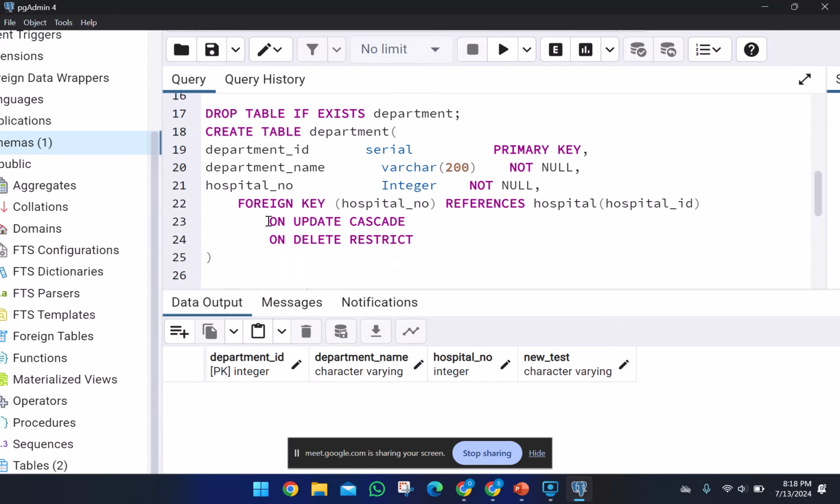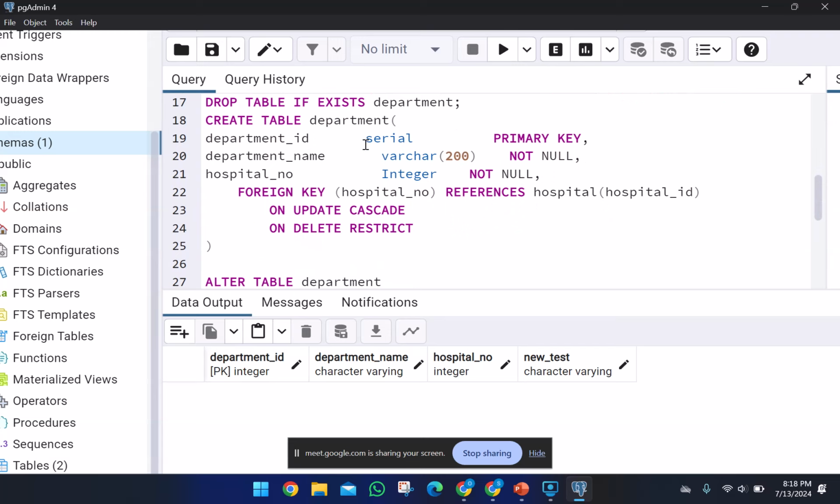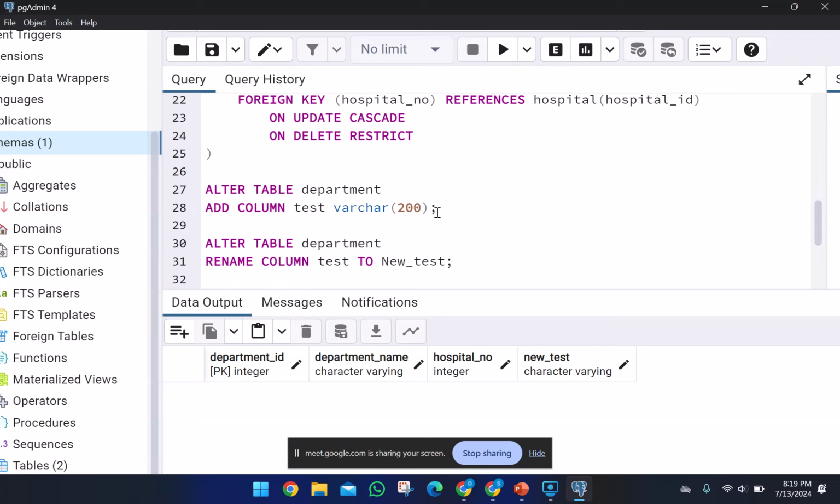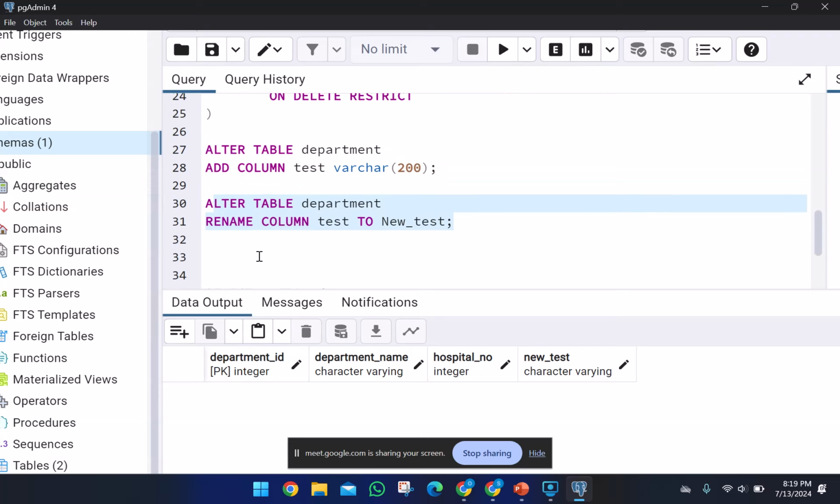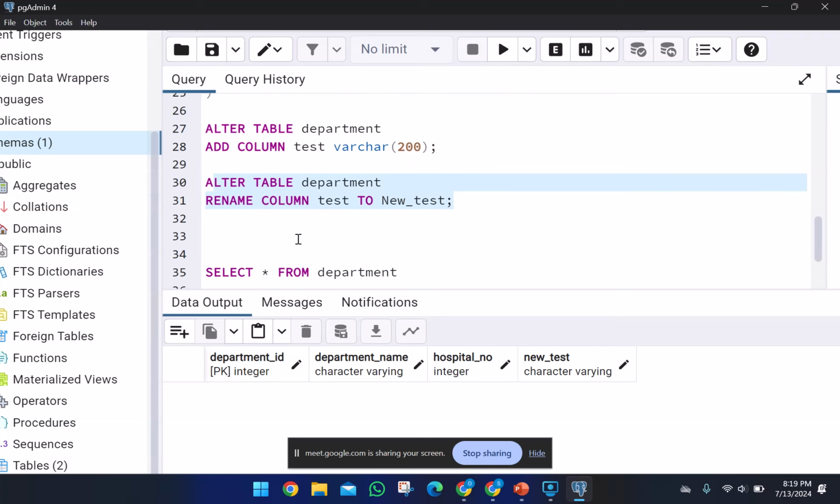So I've taught you, you can drop your table if the table is existing. You can alter by adding a new column. You can rename a column. And at the same time, you can also drop a column. So let's check that. Now, this new test column that we have now,